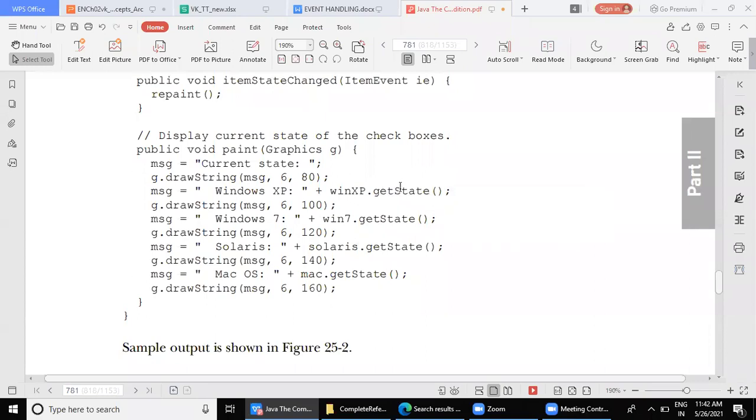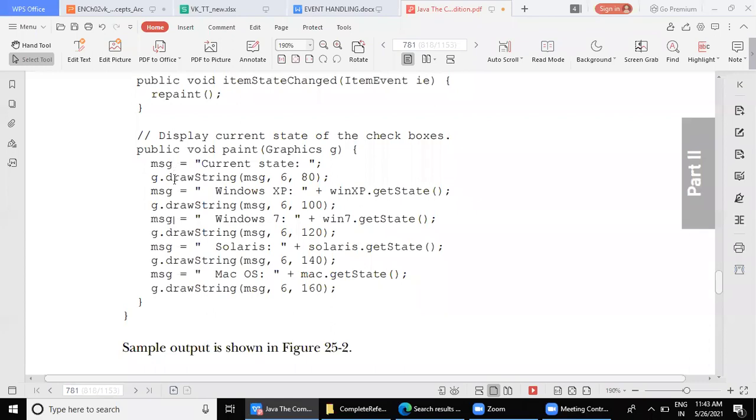So it will return true if the checkbox is checked. If not, it will return false. And accordingly, this message is going to be stored. The moment I store that value in the msg variable, I display it. So my variable msg has finished its work and is now ready to take a new value.